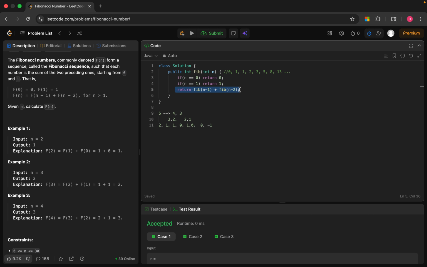So internally it will use a recursion stack, and that's why we use extra space. So now we need to think of how we need to optimize this. If you use the memoization technique, we just need,